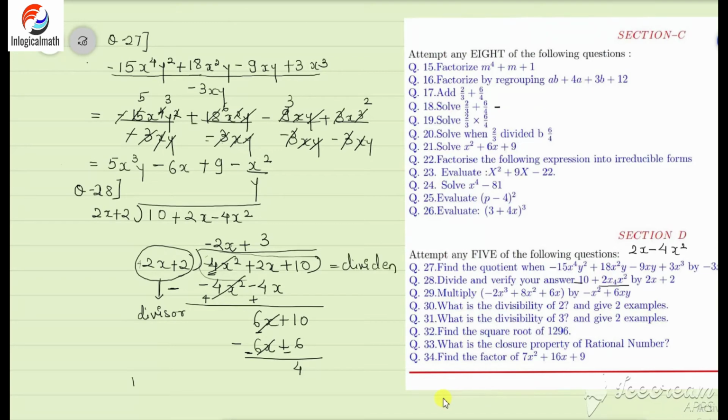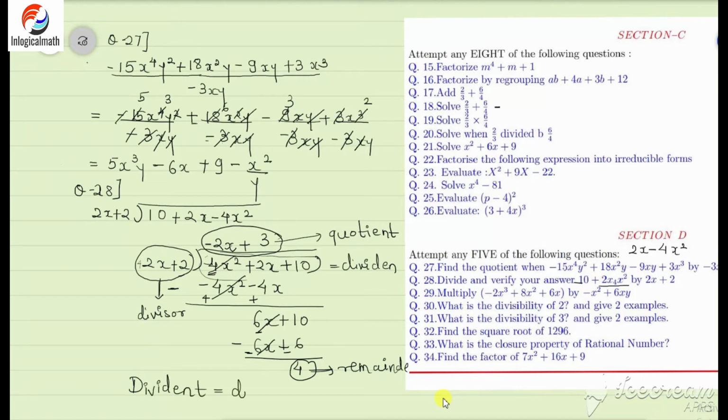This is the quotient. Okay, quotient. And the remaining part is called the remainder. So what we have to do, they have told us to divide and verify your answer. That means we know from childhood the very well known theorem that dividend